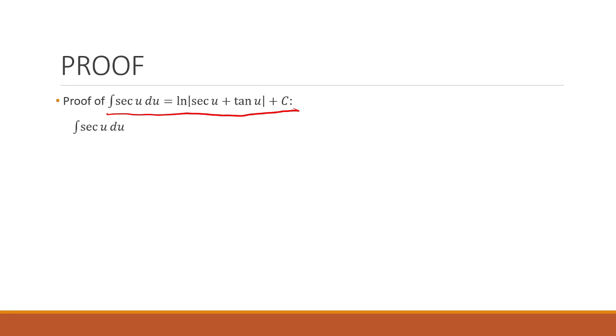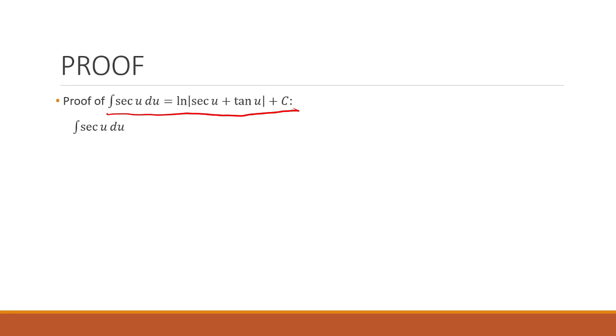This will become 1 over cosine u du. And then, it's kind of a dead end. From 1 over cosine u du, we have no way of proceeding with the integral. So, what we can do for secant is manipulate it by multiplying and dividing by an expression